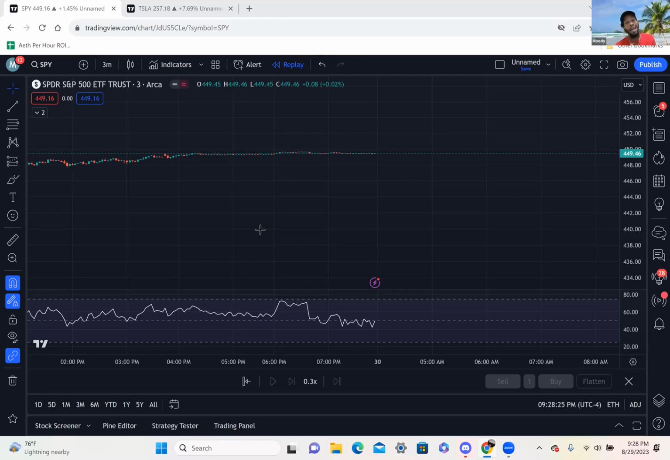And I like the 25. I don't like the 30 because it breaks the 30 a lot, but it bounces from the 30 a lot as well. I like the 3369. It's just 369. And there's another number, I forgot what it is. But long story short,